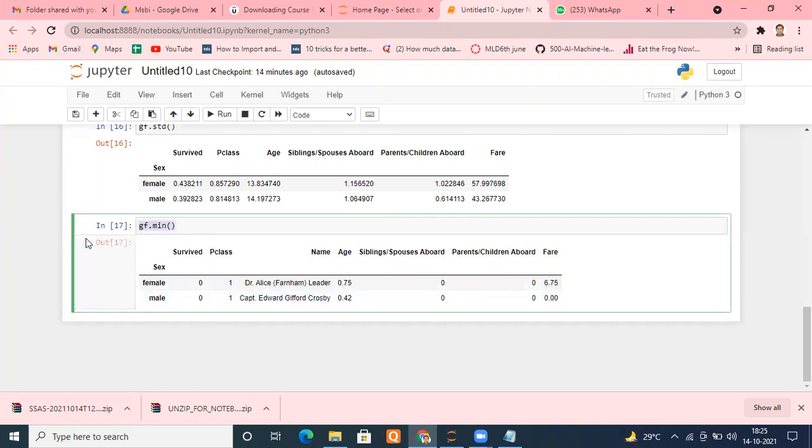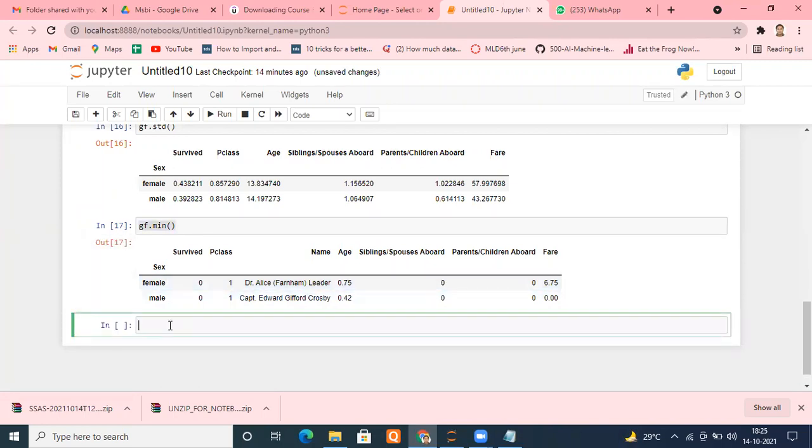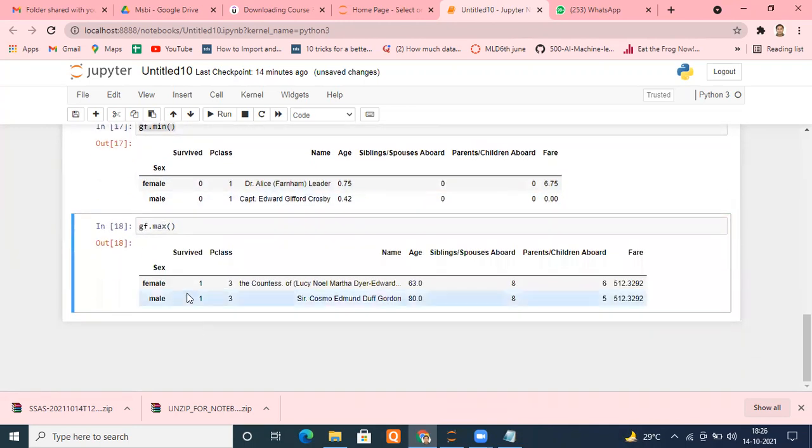Similarly, I can have something like max as well. You will get the maximum parameter for everyone. Maximum passenger class is 3. Survived, only 2 options are there. The maximum is 1 only. In the minimum case it was 0. And now see we are getting letters. You got an idea how it is sorting. It is sorting alphabetically.